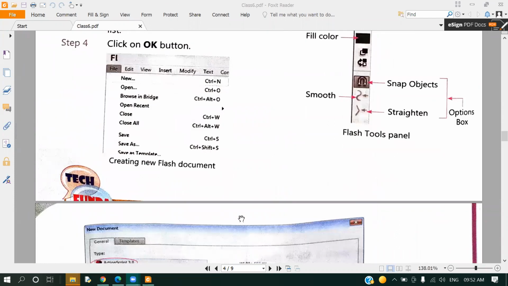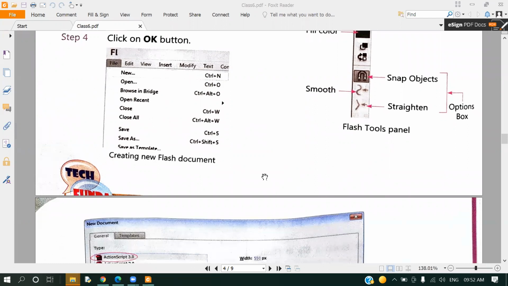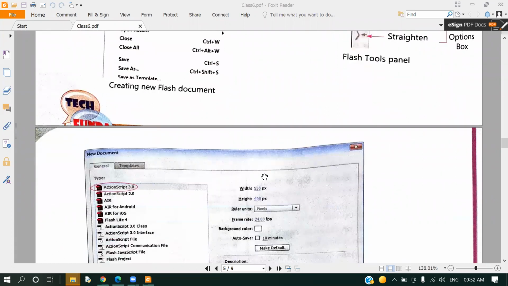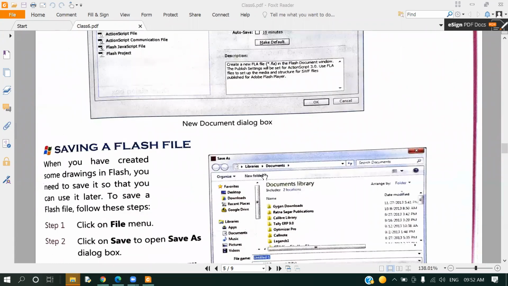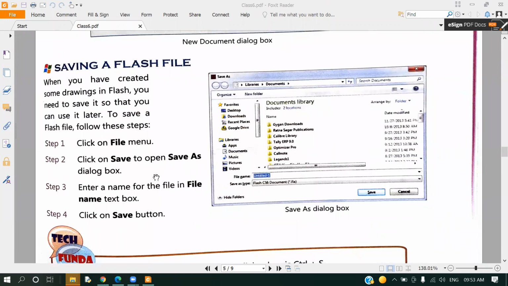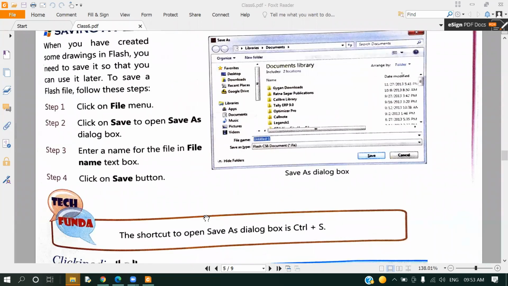So how to save your file? Next step we have this. Saving is also just like creating. Click on the file tab, and then what you will do, you will click on save. Then next we have is, one second, opening a Flash file. If you want to open something, so we have go to the file tab. Okay, Control plus S is the shortcut key to save, right?